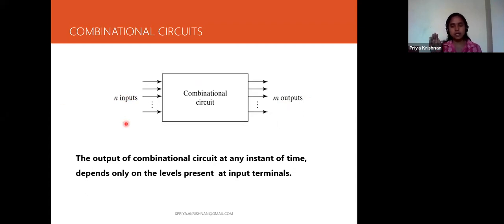So what to remember here: the combinational circuit won't have any memory. The thing to remember is no memory is there in the combinational circuit, but in a sequential circuit we have memory. If I say hi to a sequential circuit, it can recall me and it will give hi Priya.